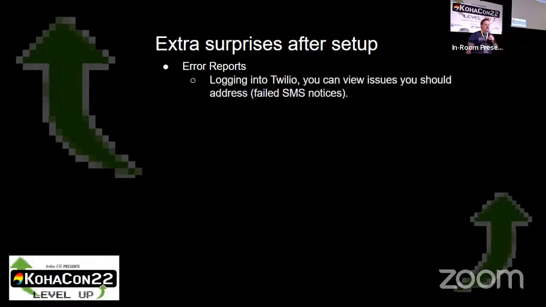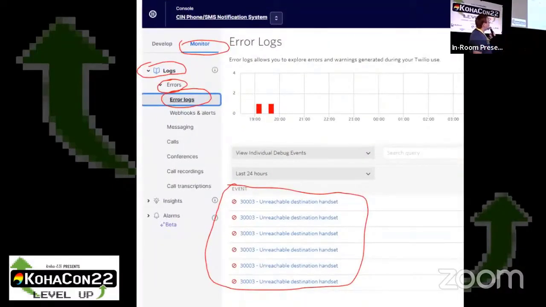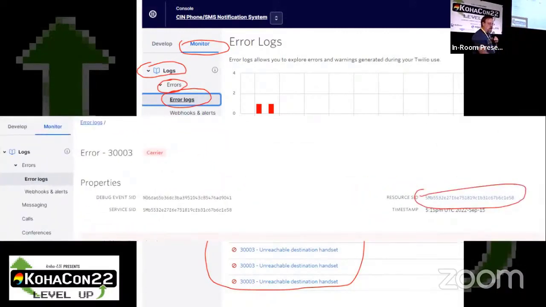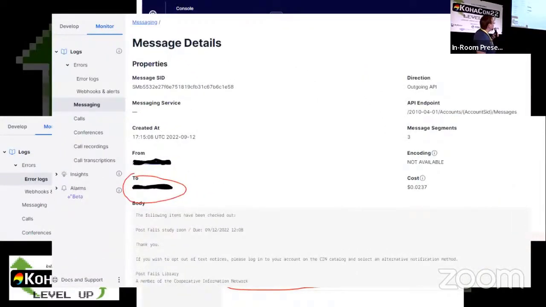Logging into Twilio, you can view issues you should address, like failed SMS notices. And this is an example of one way you can look at notices. You can get a list of all the errors, and then you can click through. If you click through these notifications, you can get some information about it. I had to click one of those messages, and then I had to click this resource SID over on the end in order to get more detailed information. So I was seeing the message that was being sent, who it was to, so I could identify what account it was sent to, and then I could see